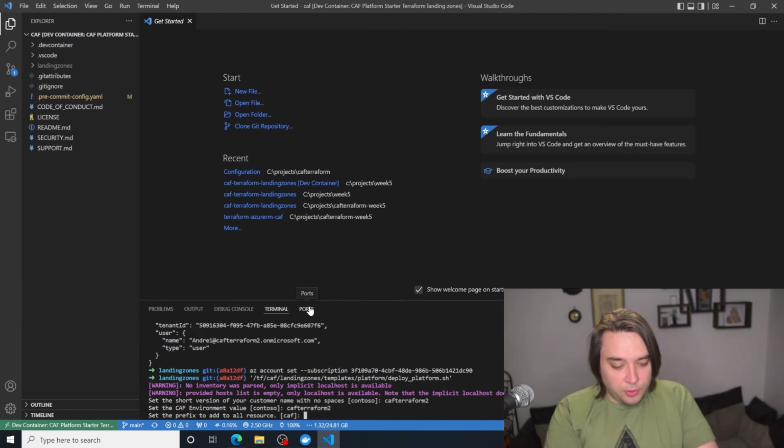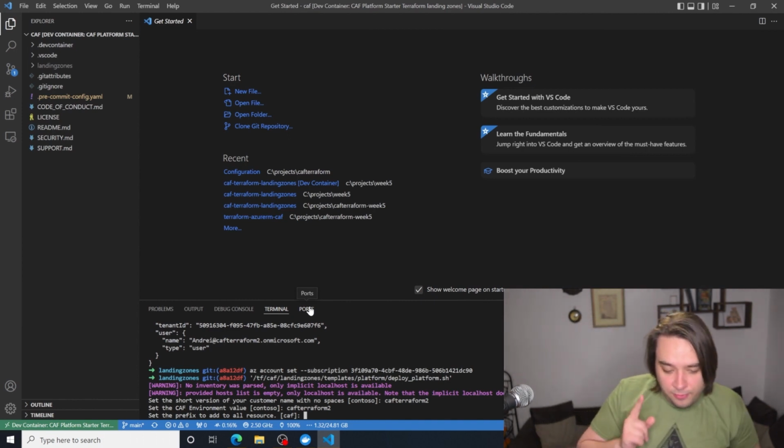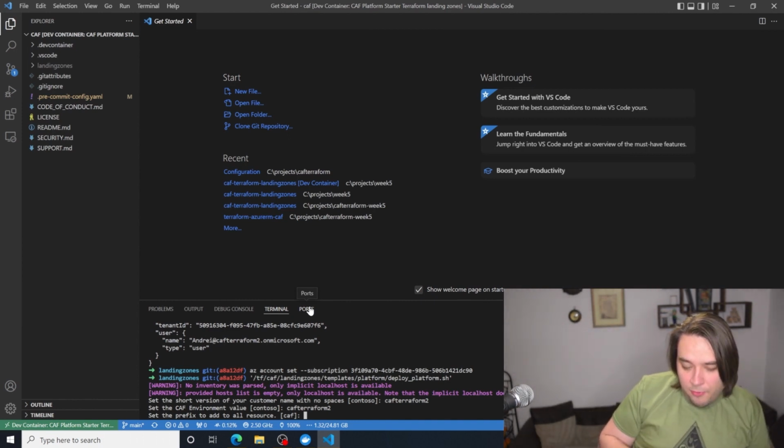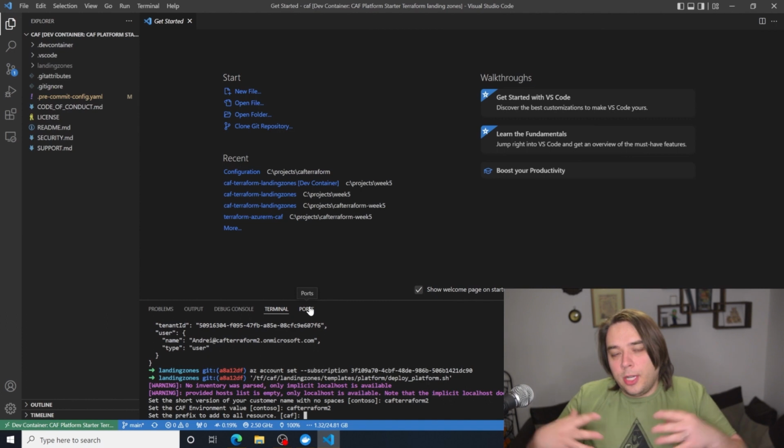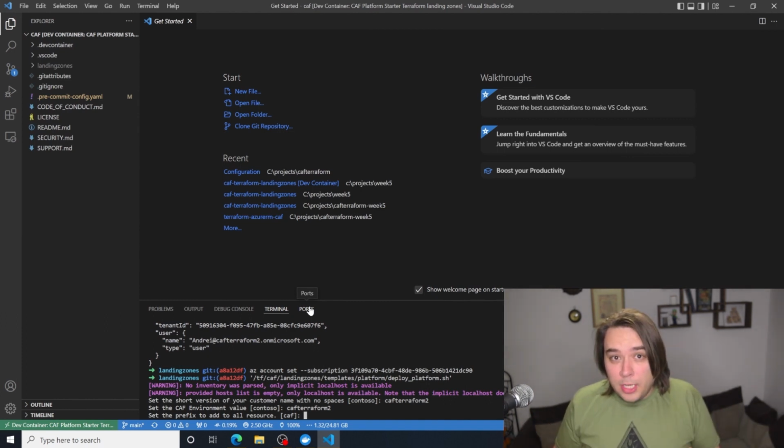Set the prefix for resources. Now this is very interesting because before I had to actually write the prefix myself in the TF files, but in this case it allows you to, because you must remember that when creating all these resources, some of them are going to be globally unique.